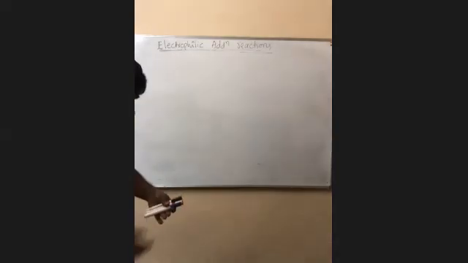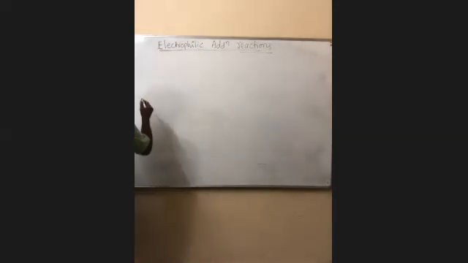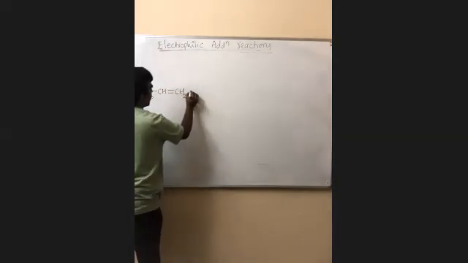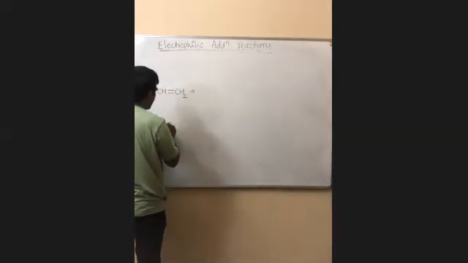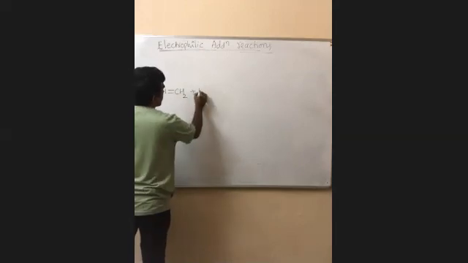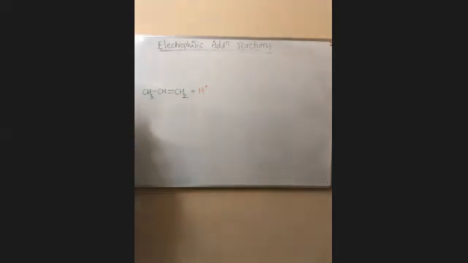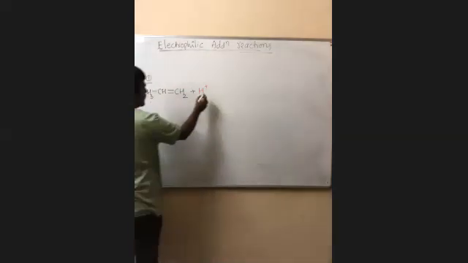Now, the same reaction I am writing here. CH3, CH double bond CH2. First H plus is added. I told you already, H plus is added in step number 1. This is step number 1 in the mechanism. What is step number 1? I told you that the electrophile, that is H plus, is added.